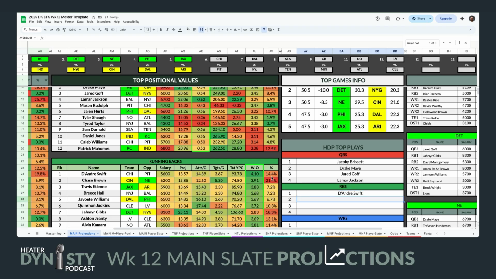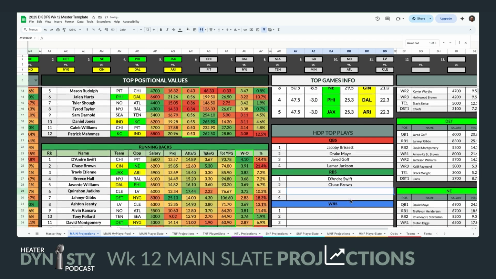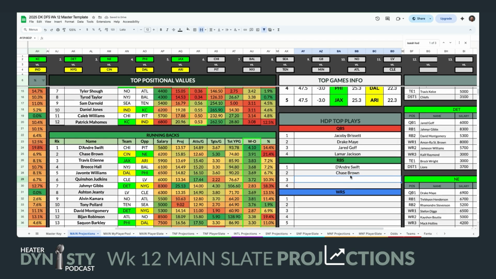He's only being considered for 14.4% roster percentage at the moment. That's what he's projected as. So he's a little bit of leverage off of Chase Brown. He saves you even more. He saves you another $600. So he's someone I'm considering. I mean, you could play them both for sure if you're doing a 3 running back build, but those are some options.